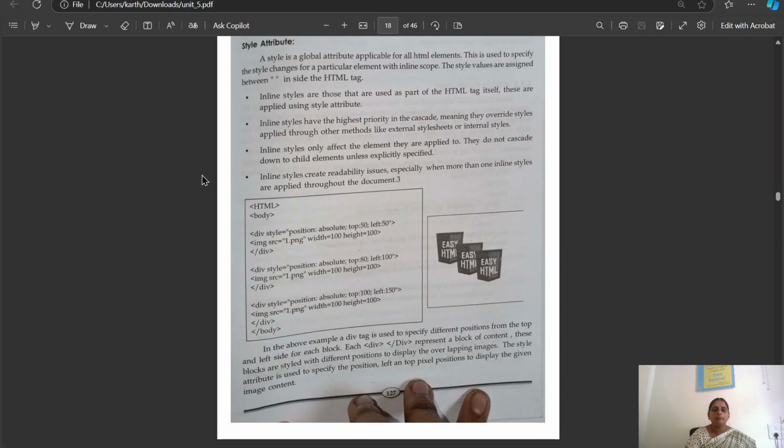So this is the example program for inline style sheet. Within this inline style sheet, we are using style as an attribute within the tag. Within this program we are using the div tag and image tag. Within the div tag, we are creating the style position absolute, top 50 and left 50,